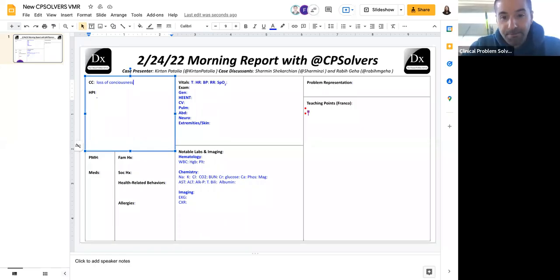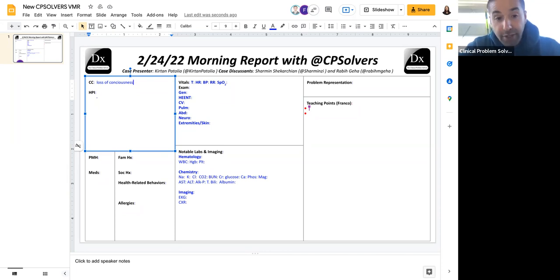Has the patient had loss of consciousness and remained unconscious? Has the patient lost consciousness and regained consciousness? Very different differential diagnoses. The first would lead you to either coma or cardiopulmonary arrest. The second would lead you